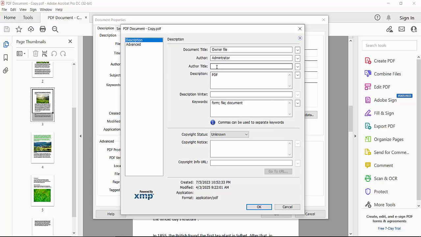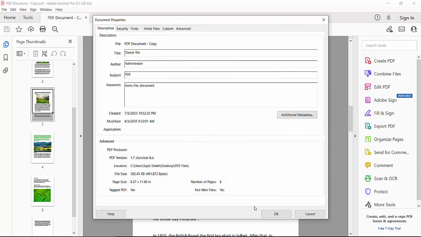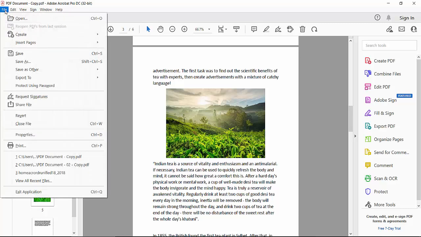Also you can add here author title, and you can add a description, writer name, and so on. You can add copyright status here, public domain, and so on. Copyright info URL, and select OK, and finally select OK, and select the File option, save or save as a PDF